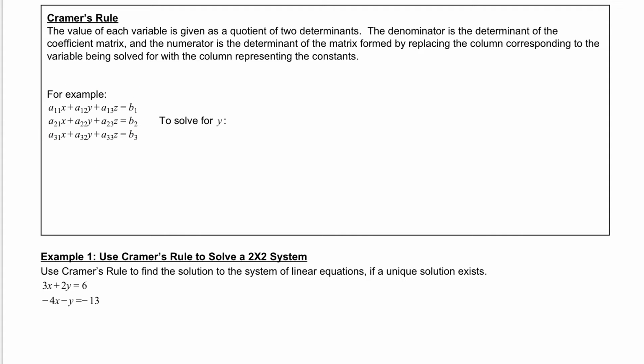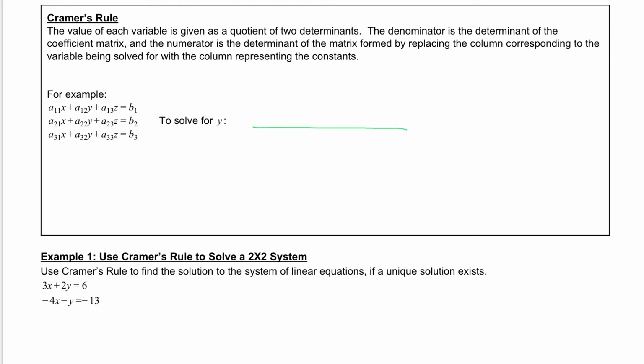Here's my system of equations. These a's in front with these subscripts, so a sub 1, 1, a sub 1, 2, a sub 1, 3, and so forth, those are your coefficients. The subscripts represent what row and what column. So this sub 1, 1 means first row, first column. Here's the first row, second column. This is the coefficient of the first row, third column, and so forth. So if we set up